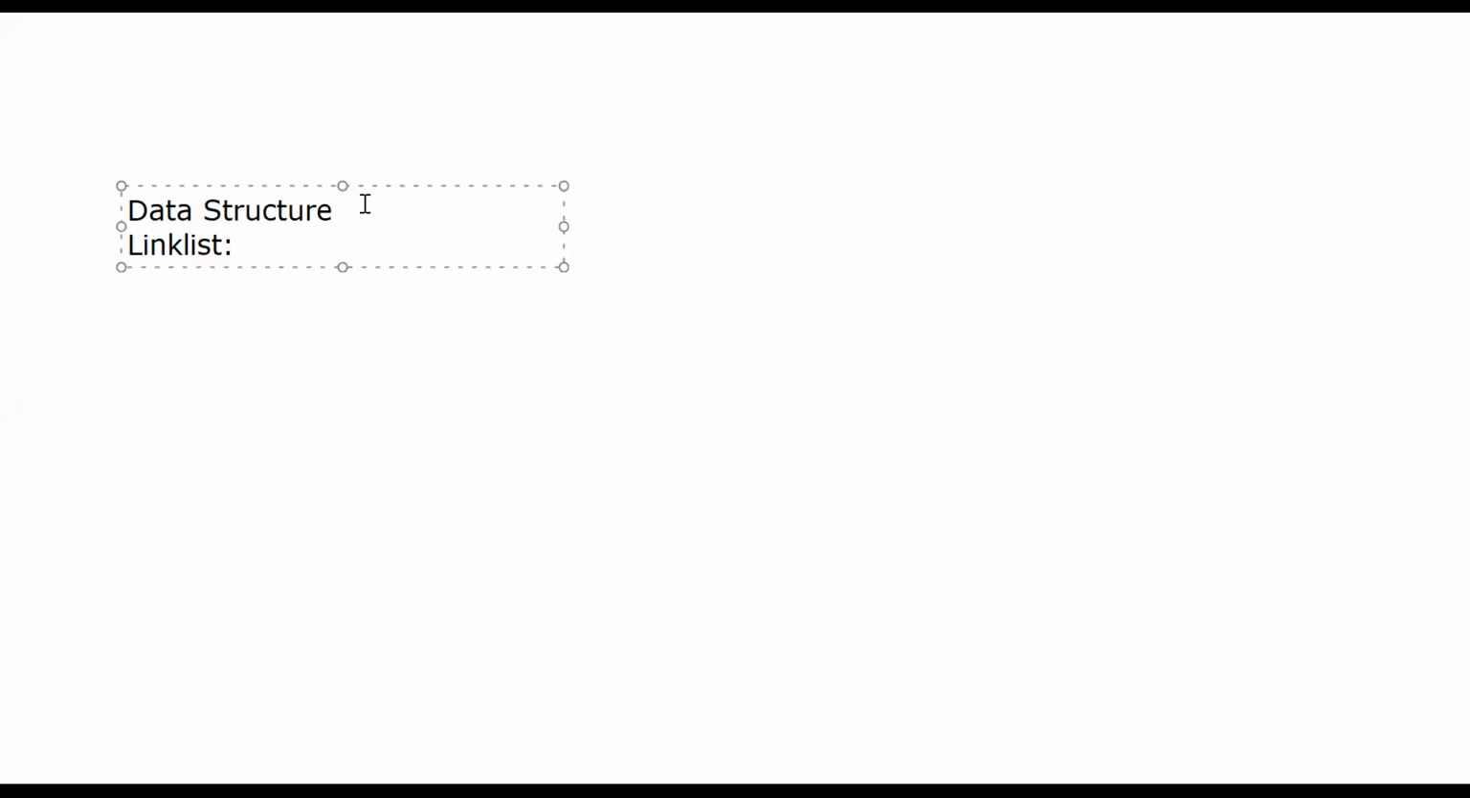So in the last tutorial of data structure, we touched on the concepts of array, and I feel that you guys are able to perform a few operations and are comfortable with the concept of arrays. Moving on to linked list. So what is a linked list? It is a linear data structure